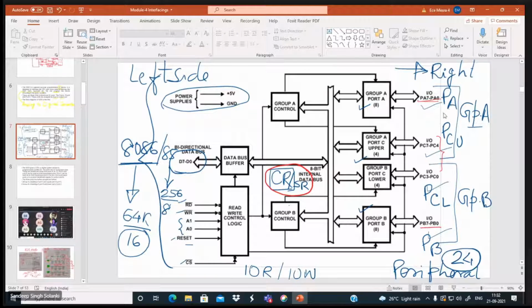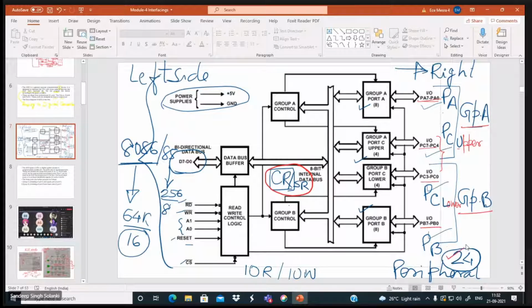Here it is mentioned that we have 2 groups of operation, group A and group B. In group A, we have port A and port C upper, where U stands for upper. Group B has port B and port C lower. Lower and upper are 4-bit and 4-bit. So how many pins do you find here?